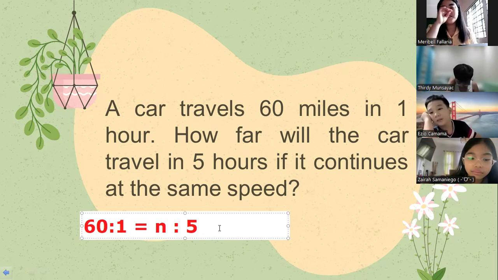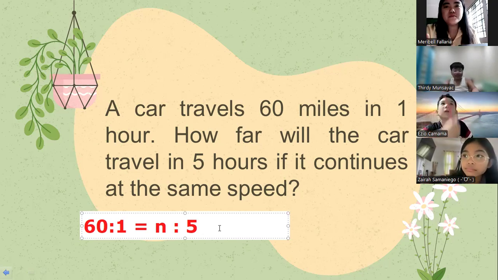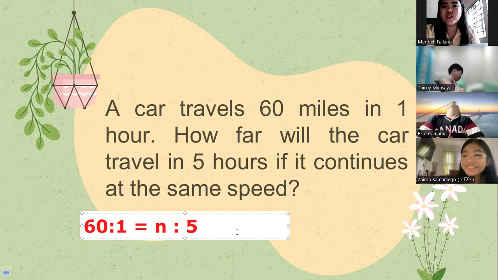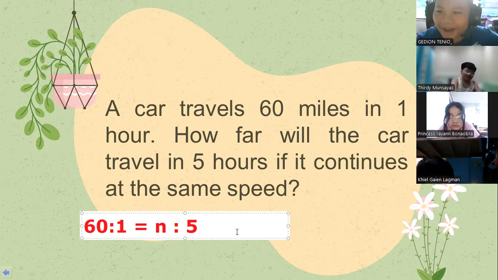I did. I just didn't tell you. What is your answer, 30? How can I believe that? You never told me. 300. I never told you. How can I believe that? How about Ezio? What is your answer, Ezio? 300. How about you, Zaira? My answer was 300, but I divided it by 5 for some reason. Why did you divide it? I don't know. You type 60 to 5, the answer is 300, and you divided them with 1. And now the answer.